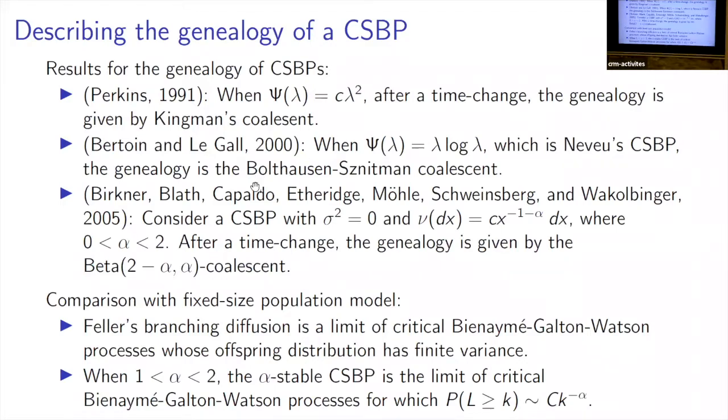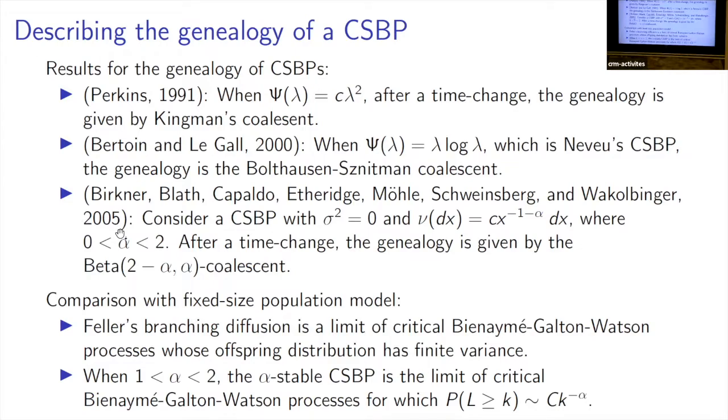In 2000, Bertoin and Le Gall showed that for Neveu's continuous state branching process, the genealogy can be described, this time without a time change, by the Bolthausen-Sznitman coalescent. And then a few years later,